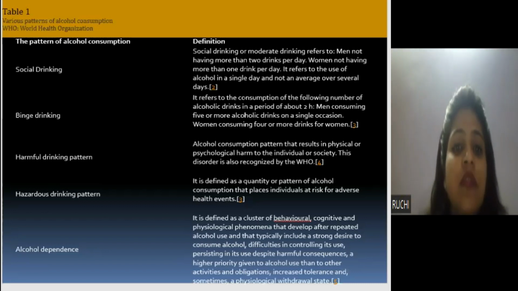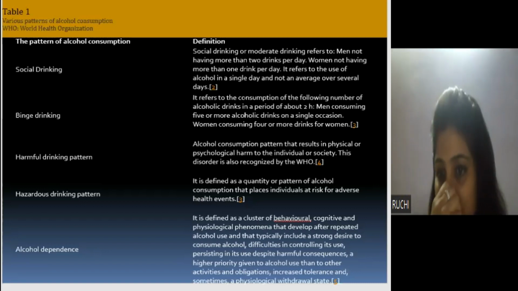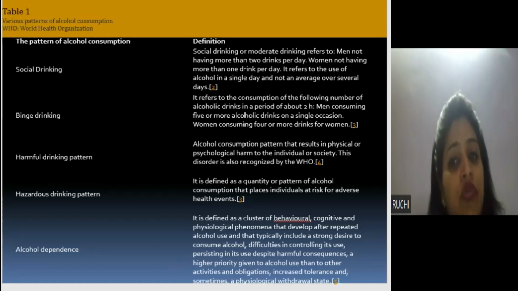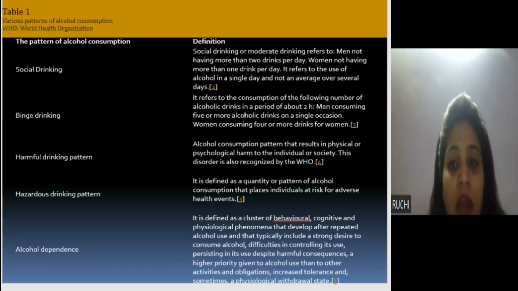A harmful drinking pattern results in physical and psychological harm to the individual or society. A hazardous drinking pattern means the alcohol consumption is affecting your health adversely. That means it starts affecting your liver, your kidneys, your psychological behavior,